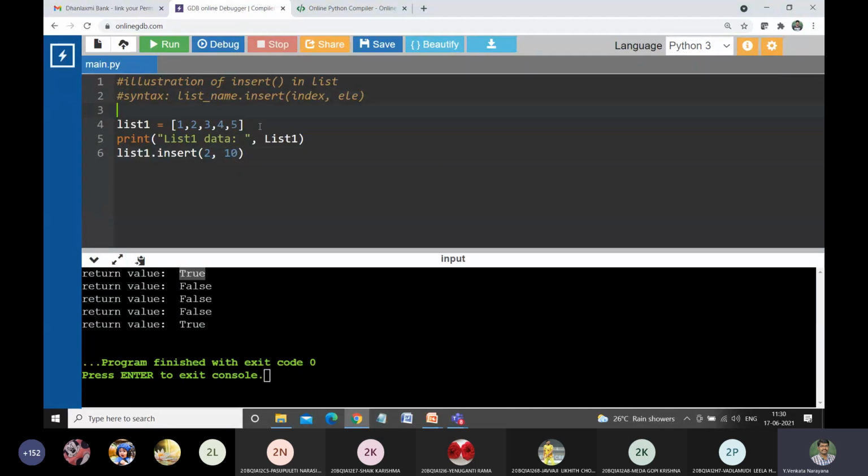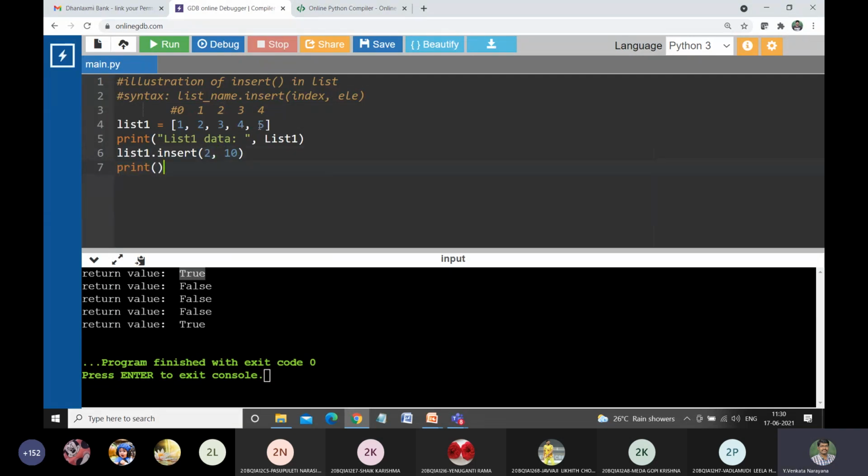Let us see the positions. What is the default index value of a list? 0, sir. Yes, it is 0. So 0, 1, 2, 3, 4. Now I would like to insert element 10 at position 2.